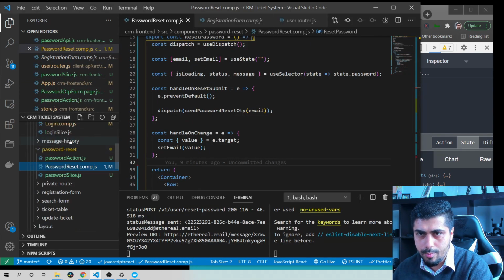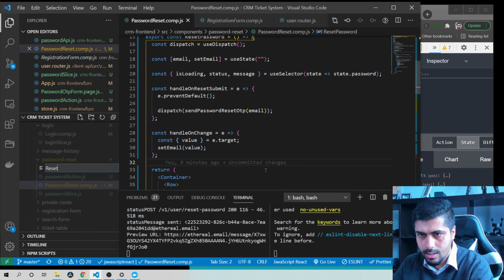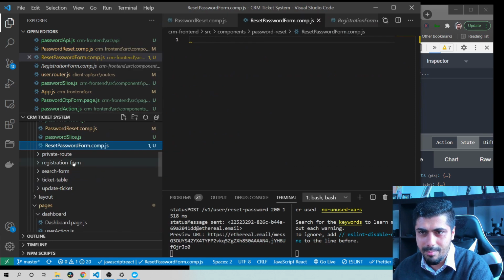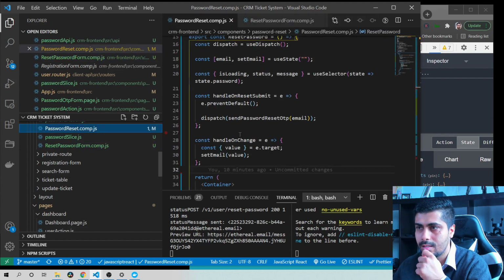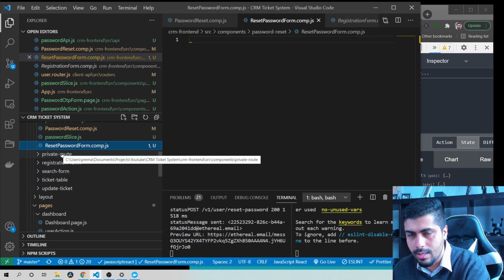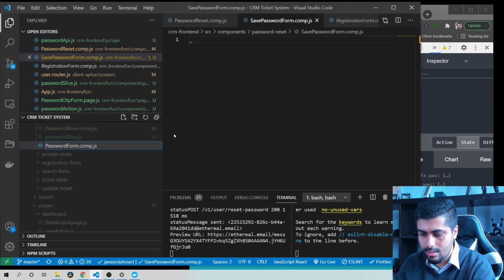Okay, go here inside our password reset and create another component here. I'm gonna say reset password form. The name may be a little bit confusing, reset password and then reset password form. But reset password only does the OTP request, and actually I'm gonna say not reset, I'm gonna say save password form. I would rather say update